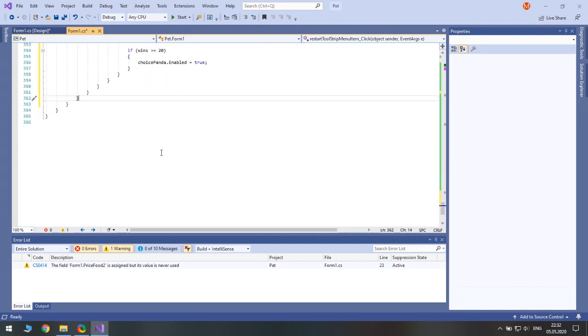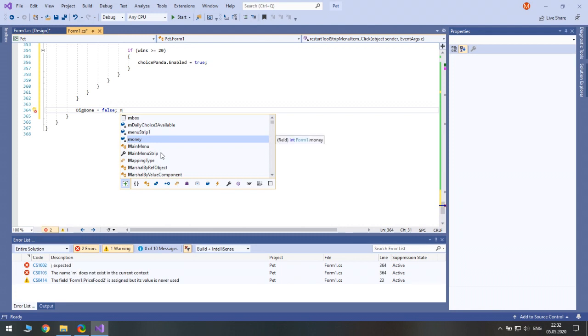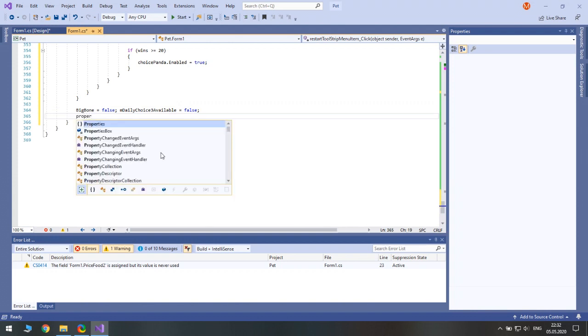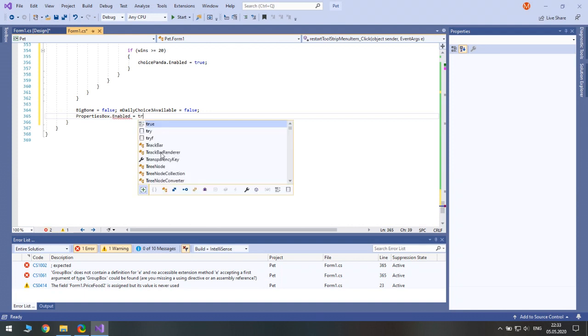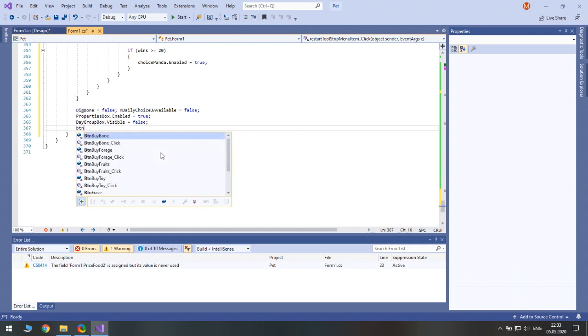So oh, and we also should remove our bonuses. So big bone is false. Daily choice 3 should be false. And next, properties box should be enabled again. And on the other hand, day group box should be invisible. Next, we make the button start visible again.